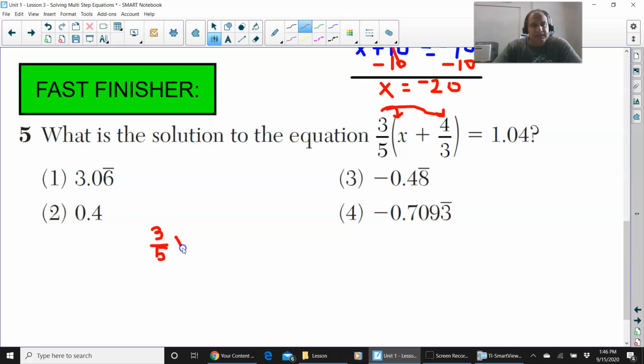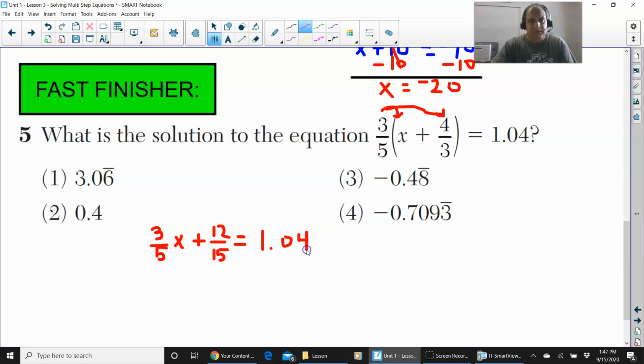3/5 times x is 3/5 x. Just look, they're both positives, right? This is a positive 3/5, this is a positive 4/3. Just multiply numerator times numerator. You could do 4 times 3. 3 times 4 is 12, right? 5 times 3 is 15. Keep it that way, right? It equals 1.04,